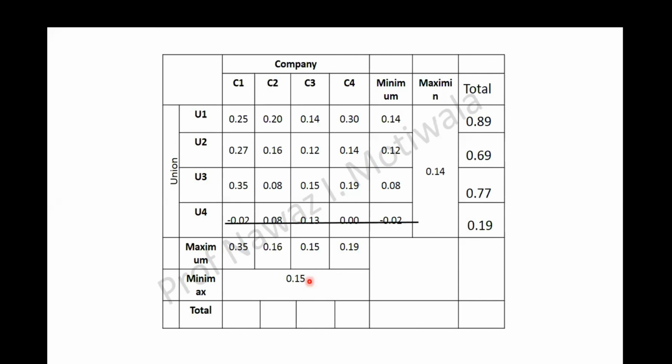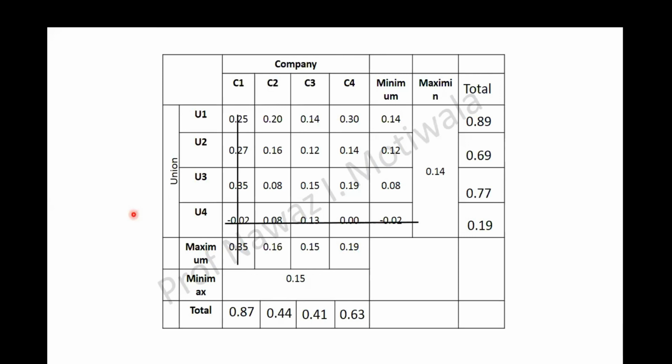Now next, I will again check the dominance part, but I will not find any dominance in the rows. So I will go for the columns. For columns, again I take the totals. Then again I compare the highest with the lowest. Highest is 0.87, lowest is 0.41. So yes, 0.25 is greater than 0.14, 0.27 is greater than 0.12, 0.35 is greater than 0.15. That means all the values of column 1 are greater than column 3. Hence I will cancel that out.